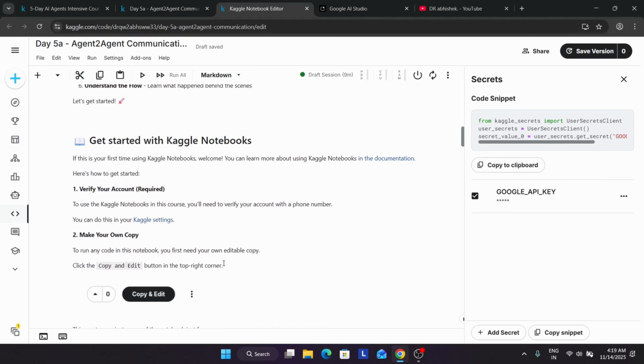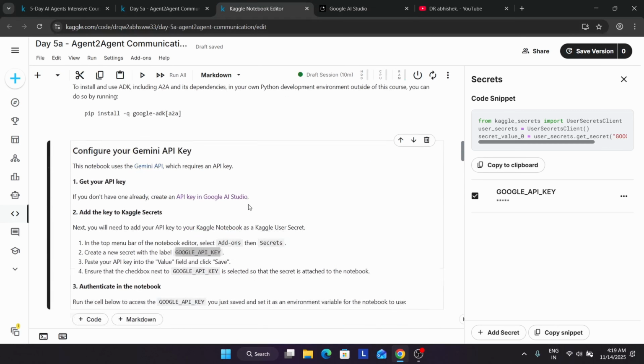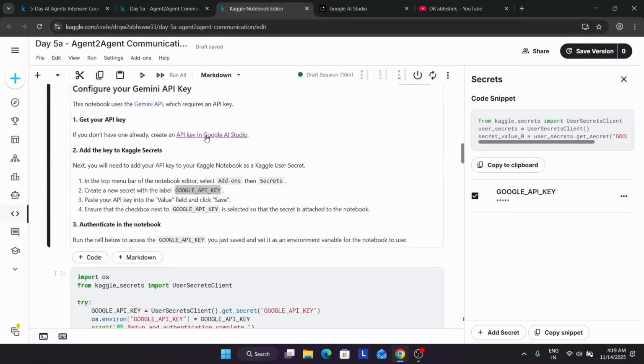So let's get started. First of all, you need to verify your mobile phone in case you are not able to complete all these challenges. Now here let's come to the API key part. I think I have completed the API key part, but in case I have missed it, you have to come over here. Okay, in AI Studio, let me come over here. So here you have to open the API key in Google AI Studio.